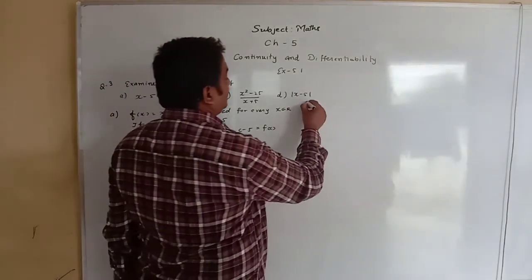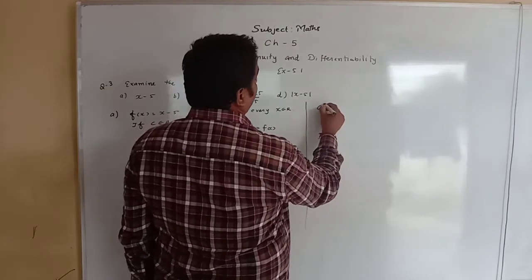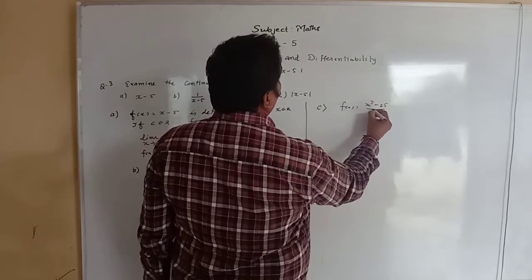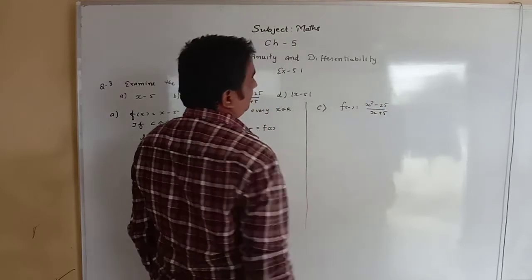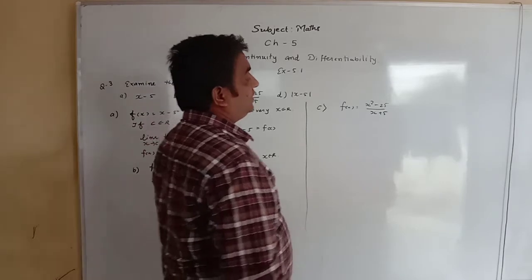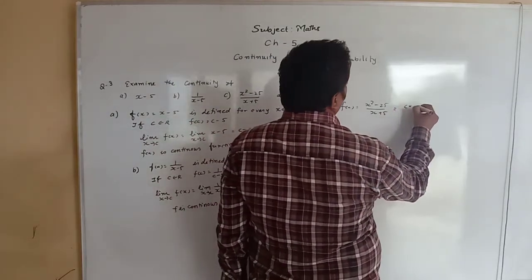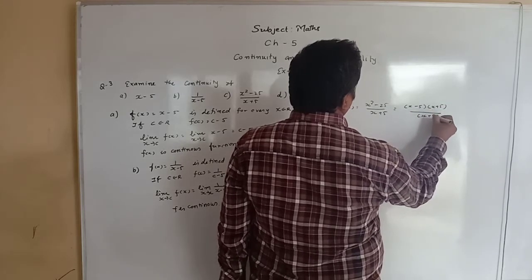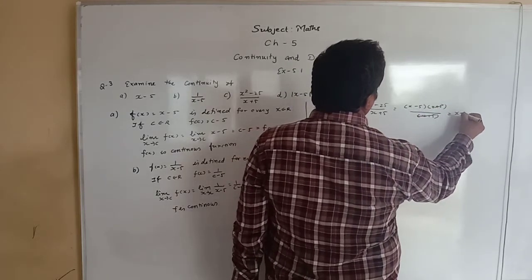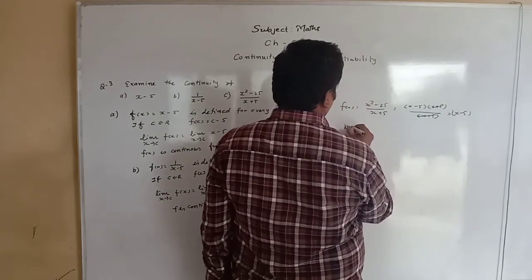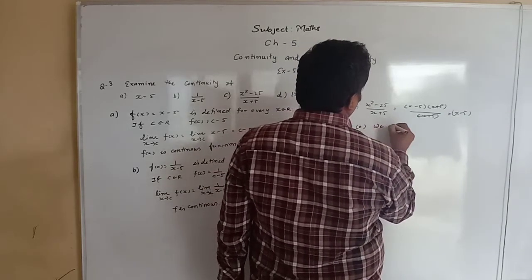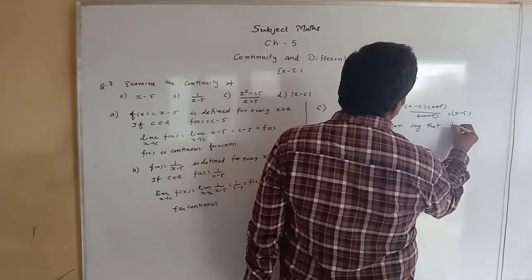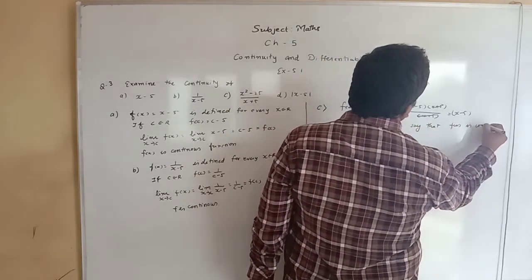Now the third function is given, c, f(x) equals x square minus 25 by x plus 5, which we simplify: x minus 5 into x plus 5 by x plus 5, so x plus 5 cancels and we get x minus 5, so by a we can say that f(x) is continuous,